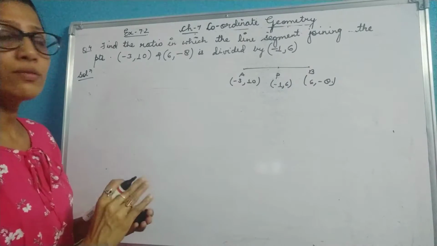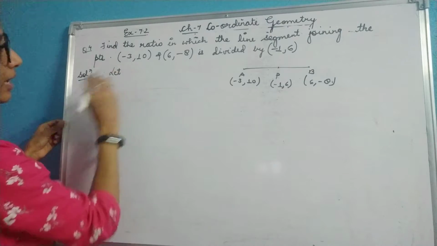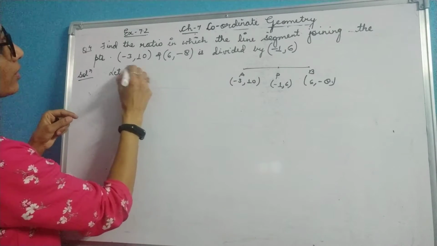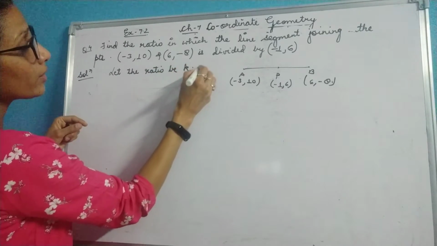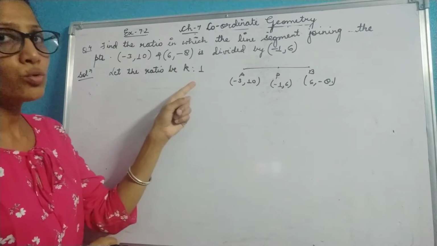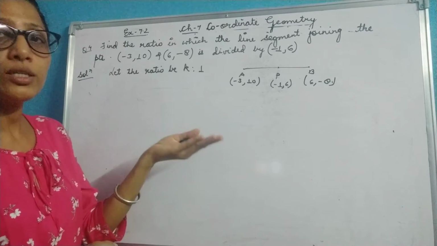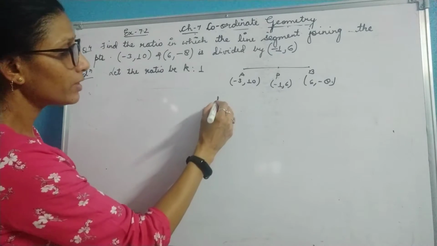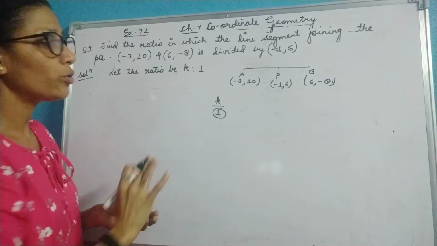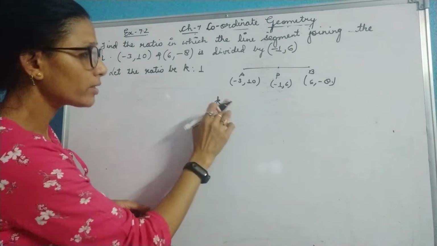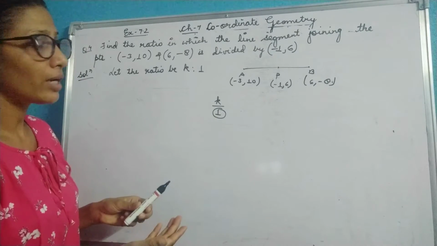In this case, whenever you need to find out the ratio, always write down a line: let the ratio be k:1. Why do we always take k:1 and why not k:2 or k:20 or k:15 and so on? Because if we write k:1, then this 1 doesn't change the value of k. It doesn't alter the value of the ratio. That's why we always take 1 and not another value.